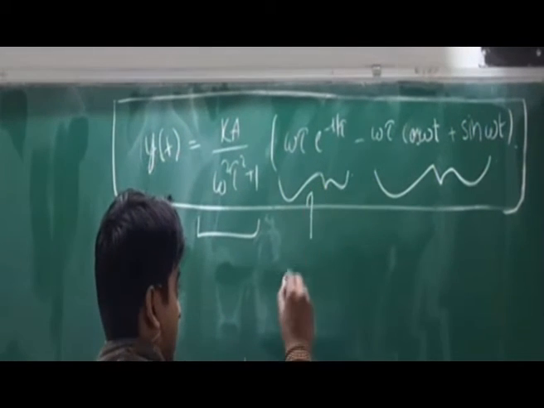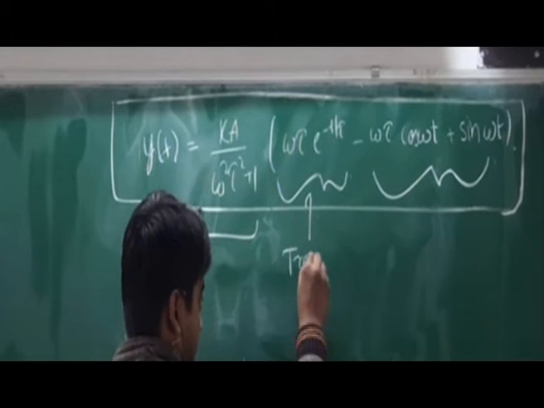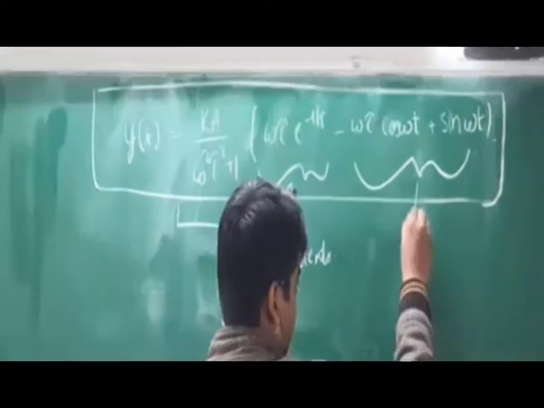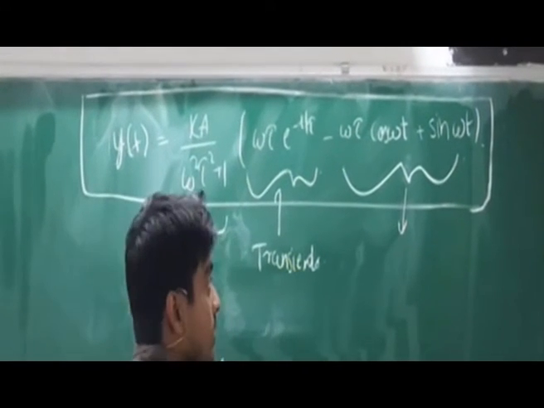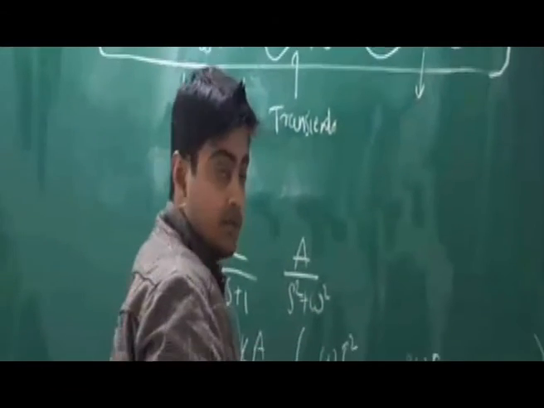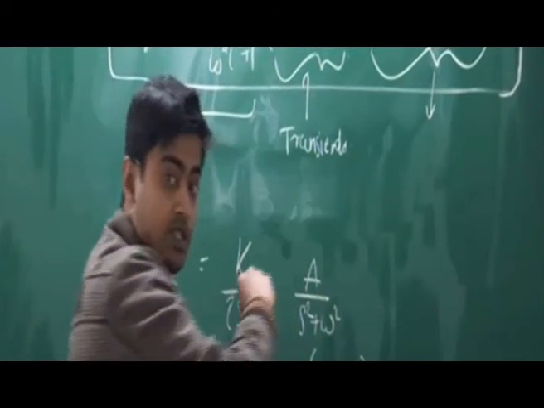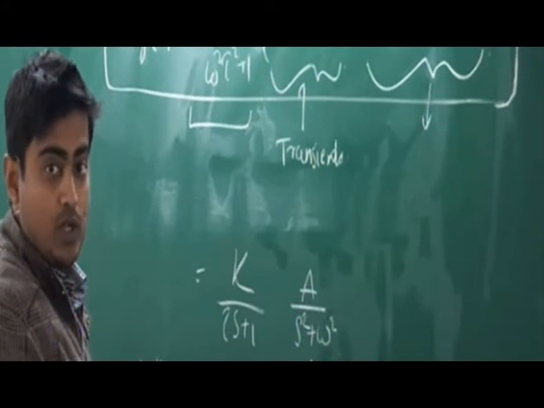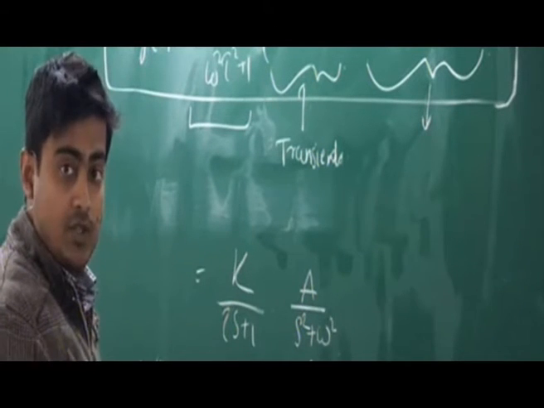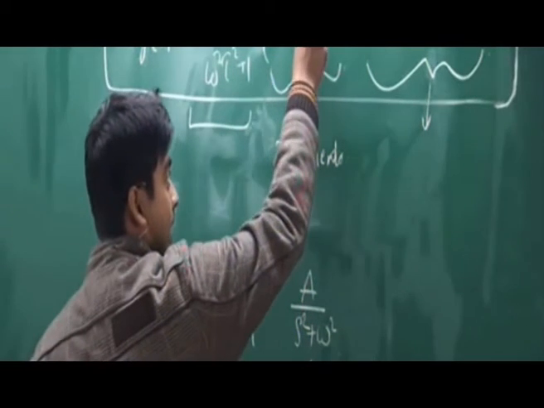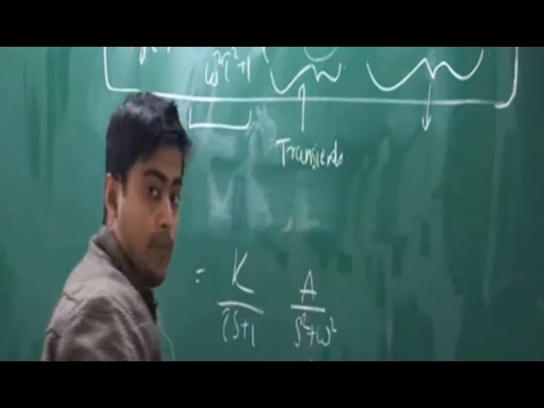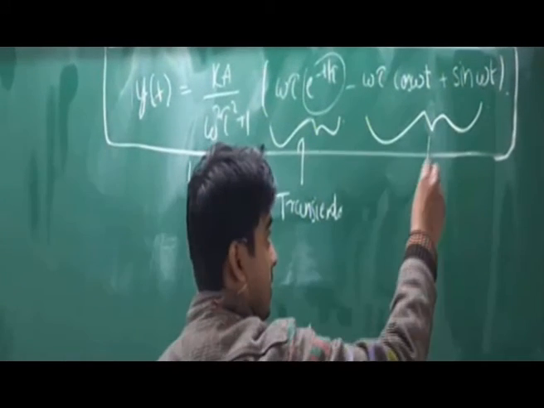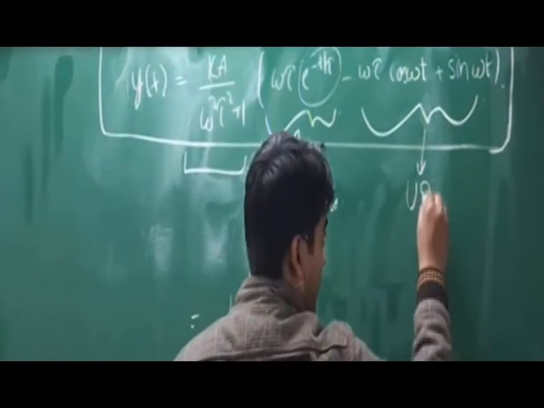Here this first one is generally called the transients, and this part gives the periodic response because of the cos and the sine function. And why do I call it the transients? Because the effect of this part you will experience only at time t equal to 0. Once t tends to infinity, this will die out because of this part. The rest of the periodic response you obtain for the first order system by this part, which we call the ultimate periodic response.